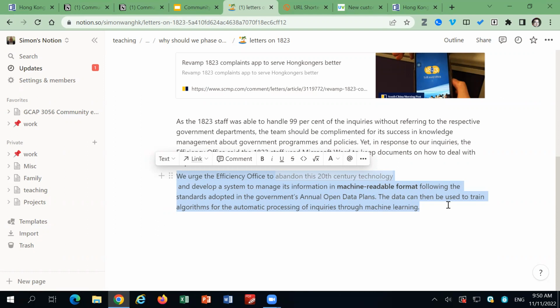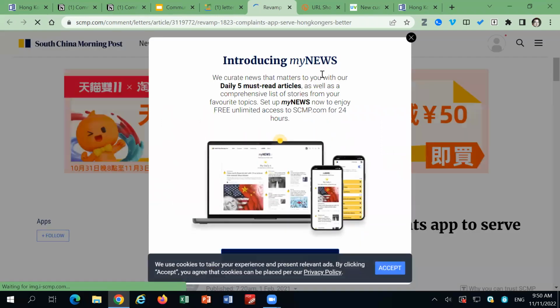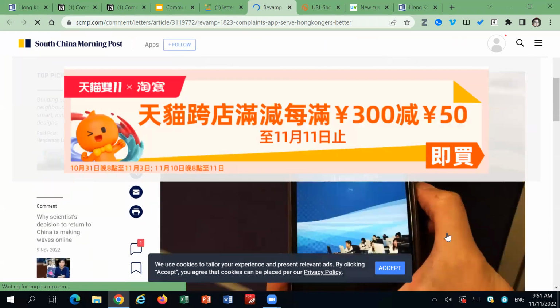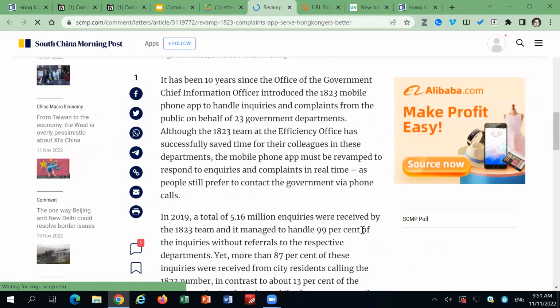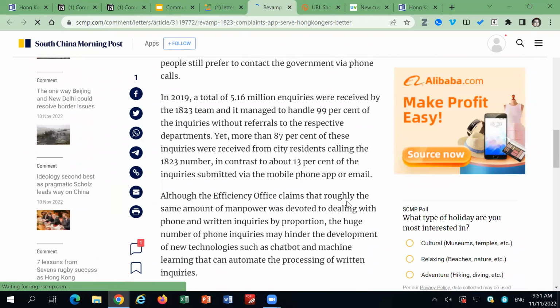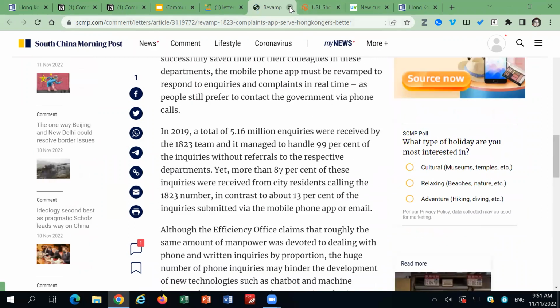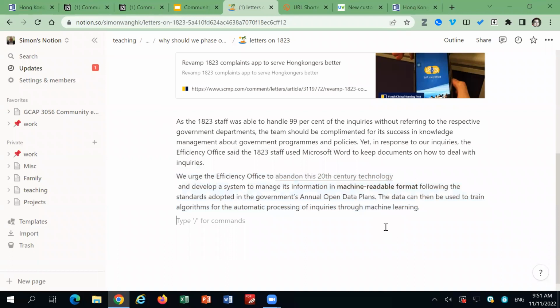I hope that 10 years or 20 years later, when we come back to this letter, it will become a reality, right? But we have to nudge the government. We have to push them. We have to pressure them to take actions, because otherwise they will be just happily doing whatever they feel comfortable doing instead of trying new things. So I hope that this is something we all need to think about,